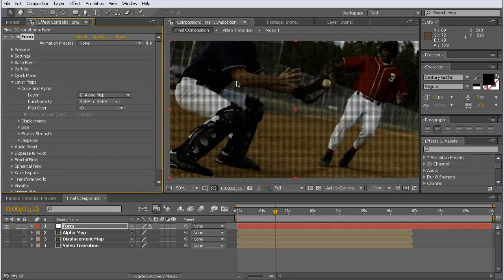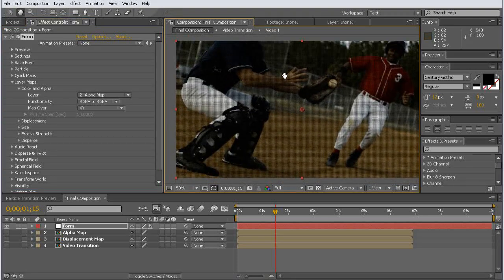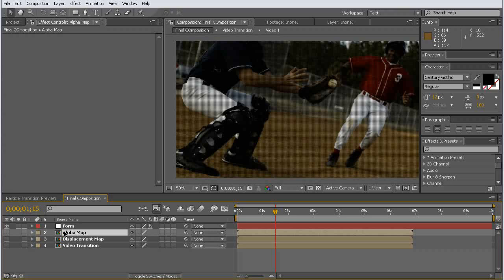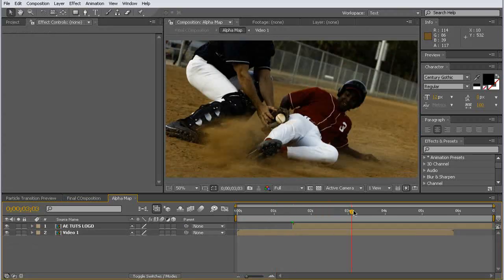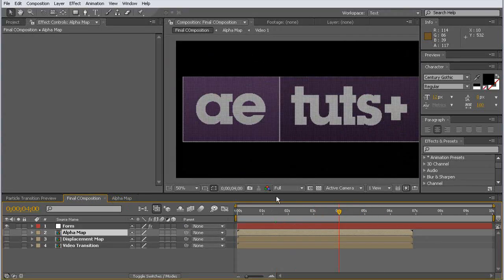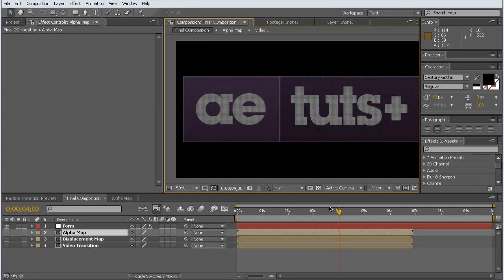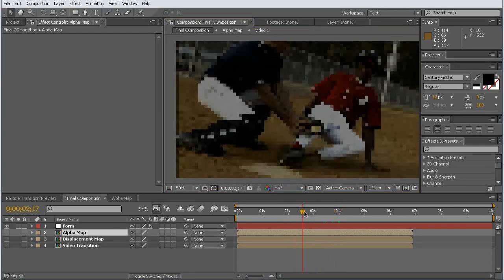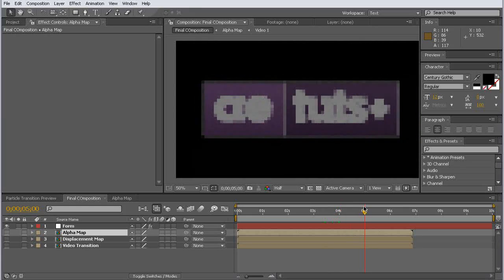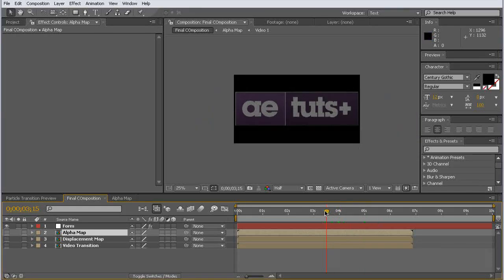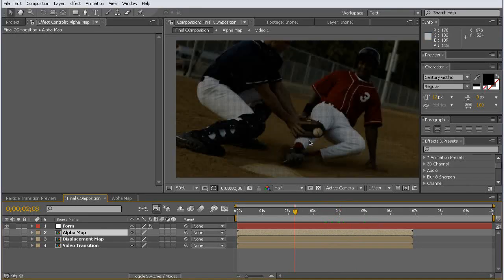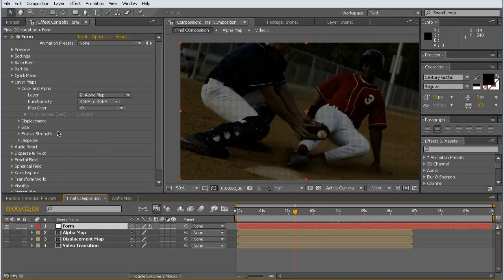In this way our particles will represent the video used in this alpha map layer, as you can see here. Let's drop down the resolution to half so we will work faster. As you can see here, the particles represent our video, and that's fine for the moment. Let's come down to the displacement tab and open it,